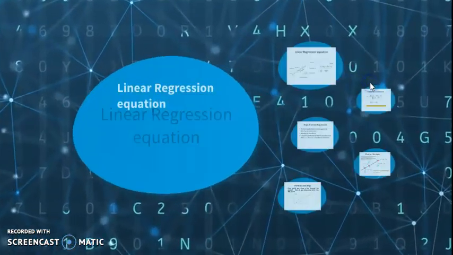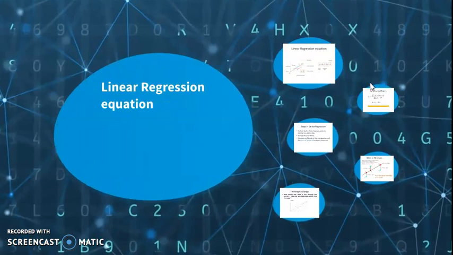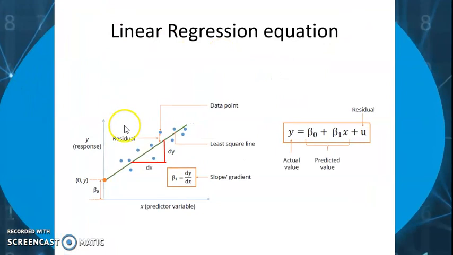Now we come to how you find out the linear regression equation. We come to a very basic diagram that you have always drawn, that is y is equal to mx plus c. Now we try to portray y is equal to mx plus c in terms of the linear regression equation. So this is x, that is the predictor variable. This is y, that is the response variable. The blue circles are nothing but the data points that we have plotted. So we have drawn the scatter plot here.